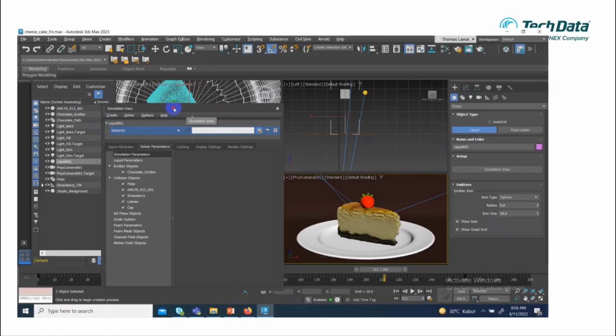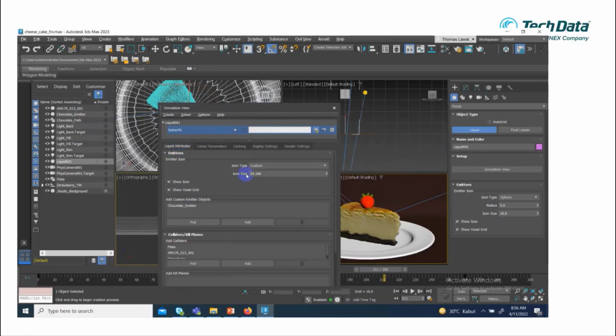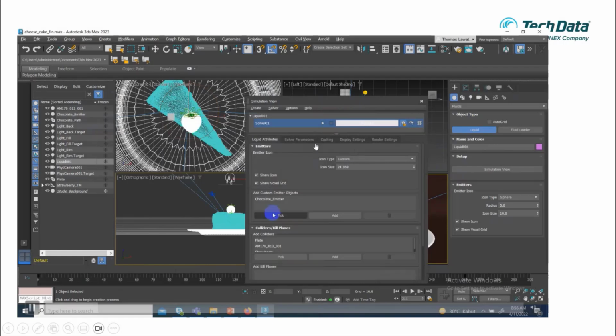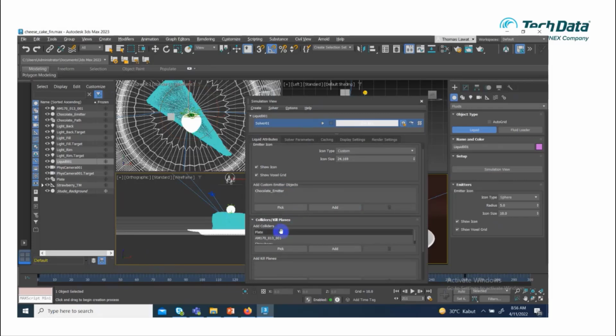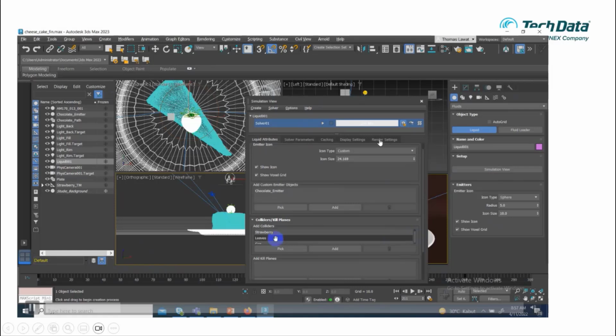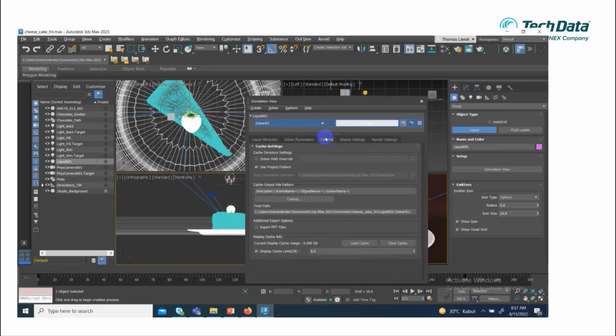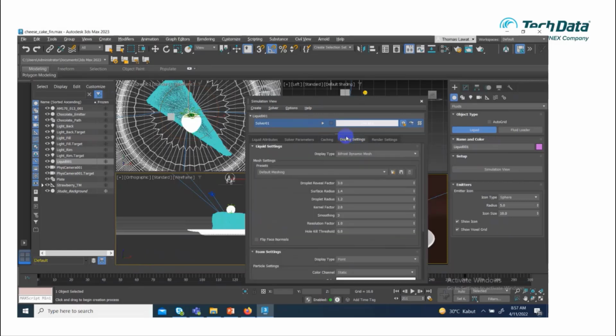Inside the simulation view there are a couple of options like the solver parameters, caching, display settings, and the render settings. Of course the render settings can support, let's say, V-Ray, Redshift and Arnold renderers. There is a list of render settings, so you can render.